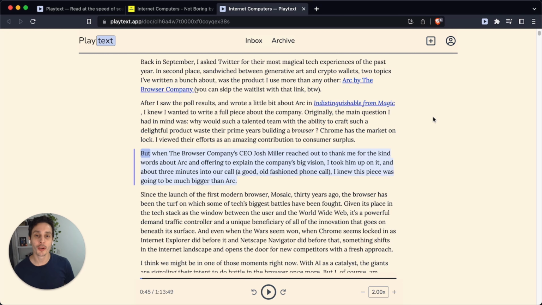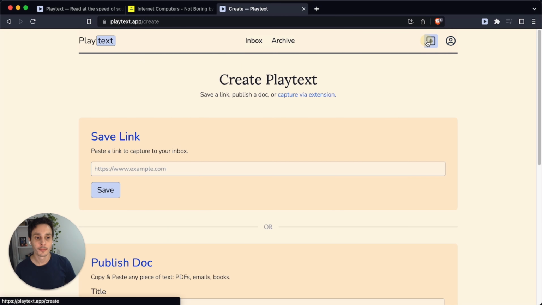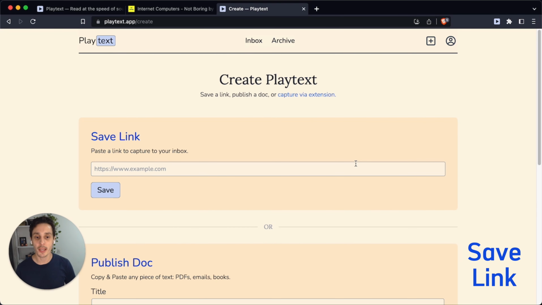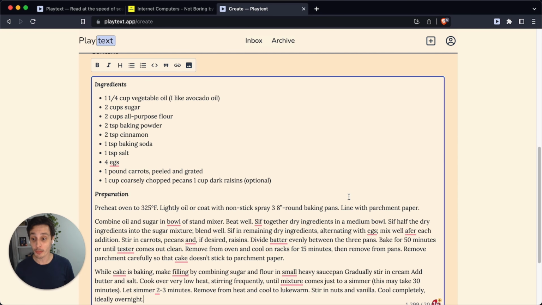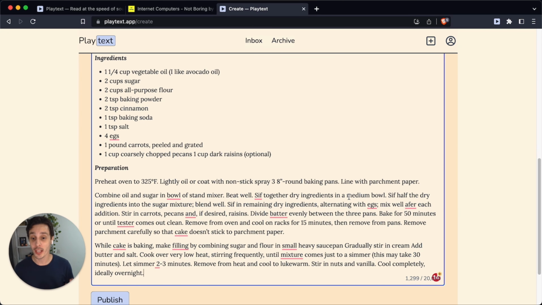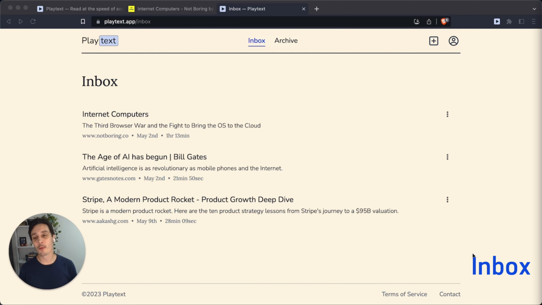Now let me show you 2 other ways you can add content into Playtext. You can capture articles by pasting any link here, which is particularly useful if you're on your phone, or you can use our editor to copy and paste any piece of text, such as book chapters or PDFs, to create your own Playtext. Finally, the inbox is the place where you can access everything you saved so you can read